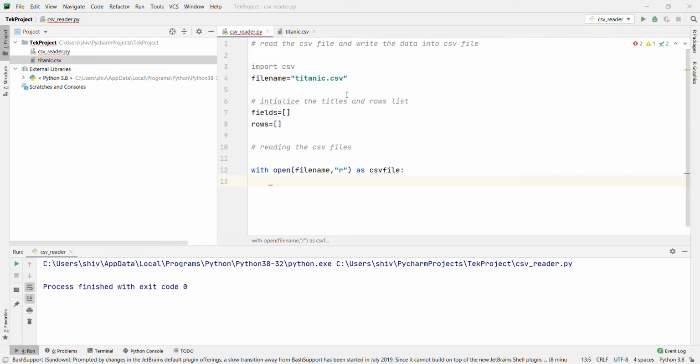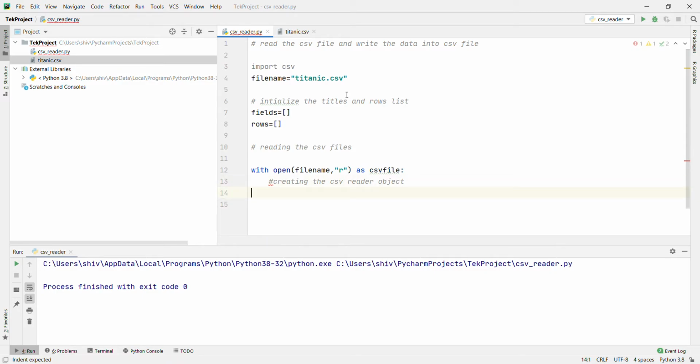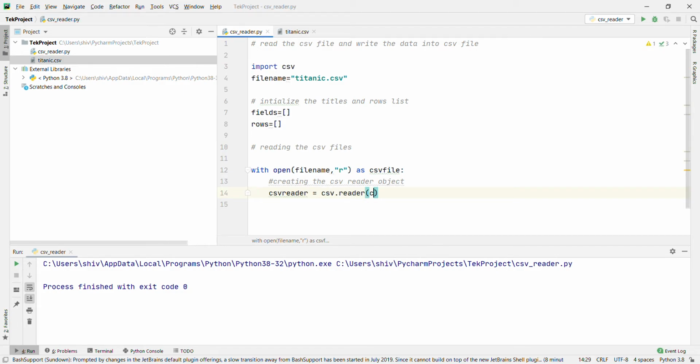For reading the CSV file, we have to create the CSV reader object. For that we use csvreader equal to csv.reader and we pass csvfile.